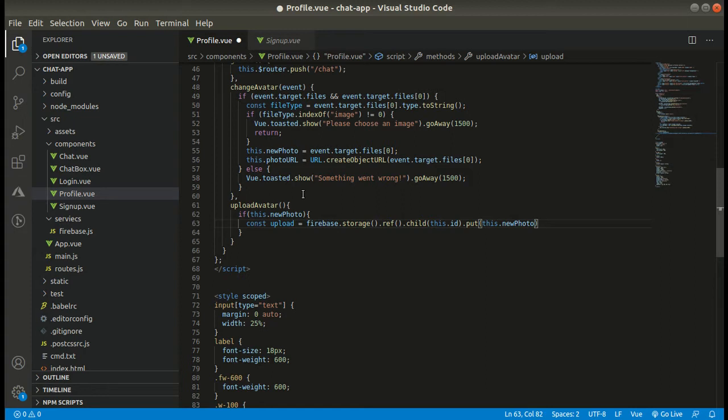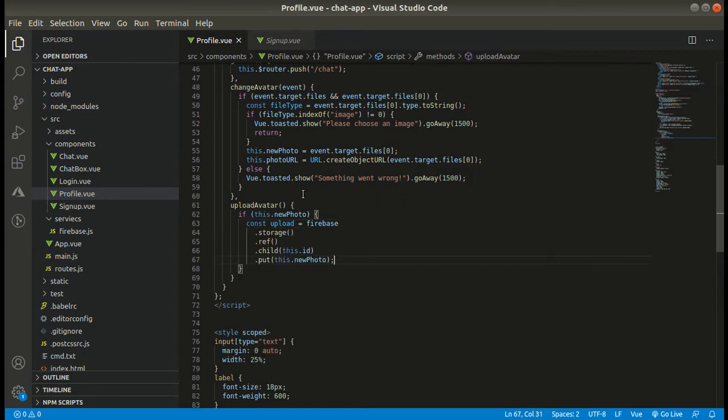Now once we upload our image, we need to get the download URL, so let's write the code to get the download URL.